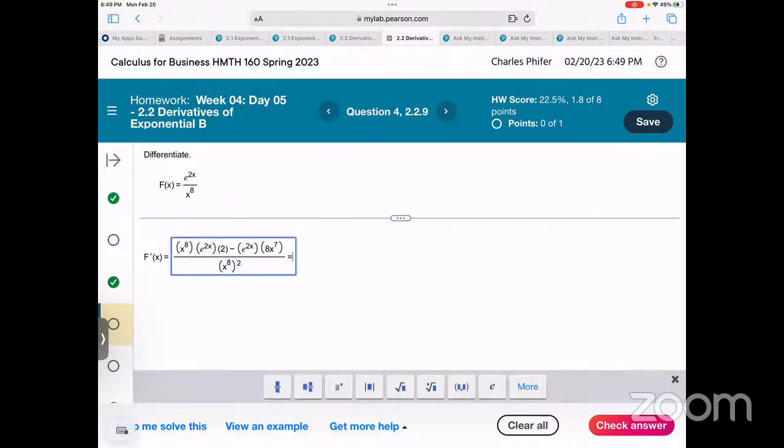So both terms on top have a 2. They both have x to the power of 7. And they both have e to the power of 2x. We can factor that out of both expressions, right? So now from that first expression, if we remove the 2, the e to the 2x, and 7